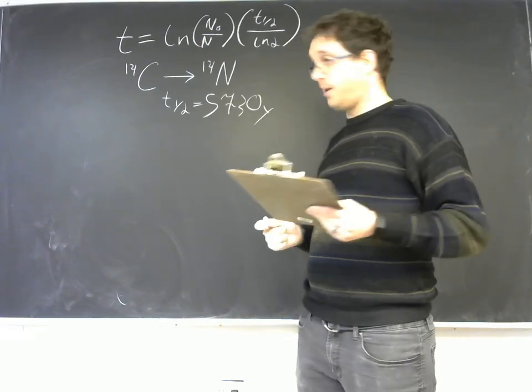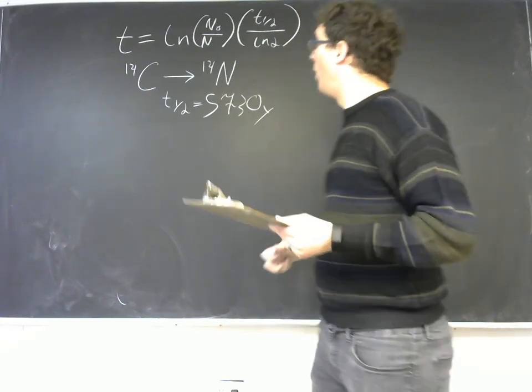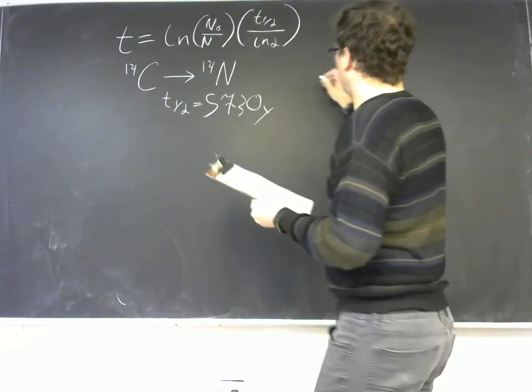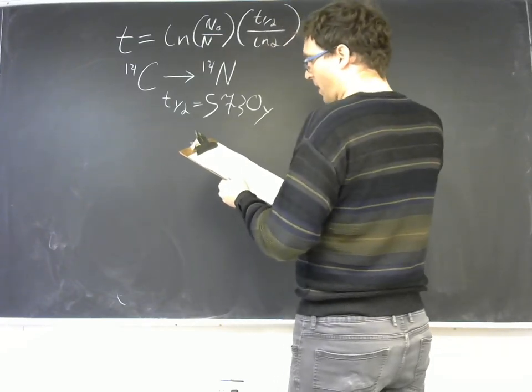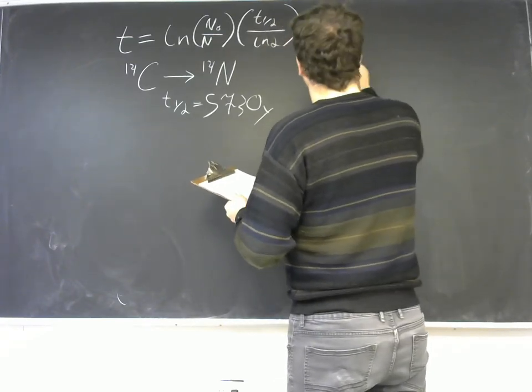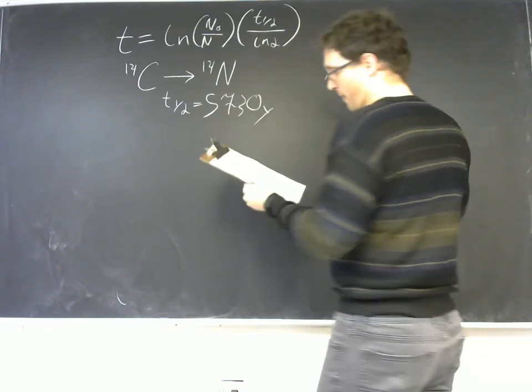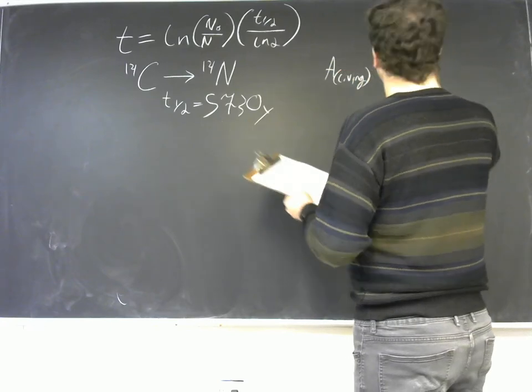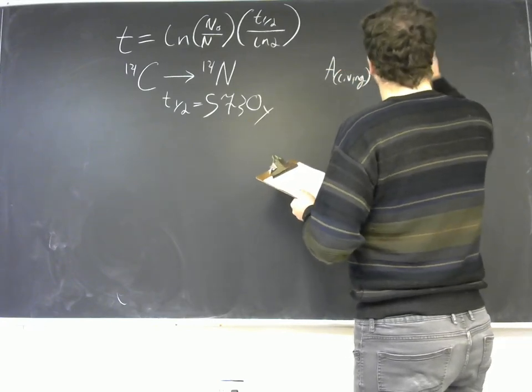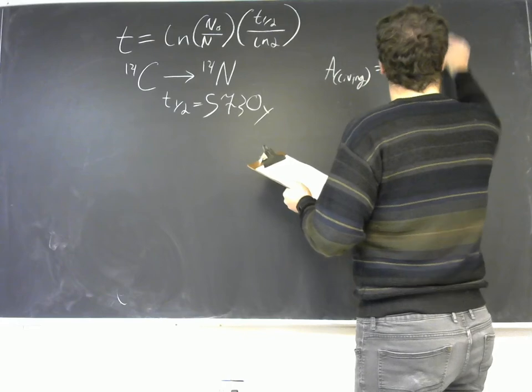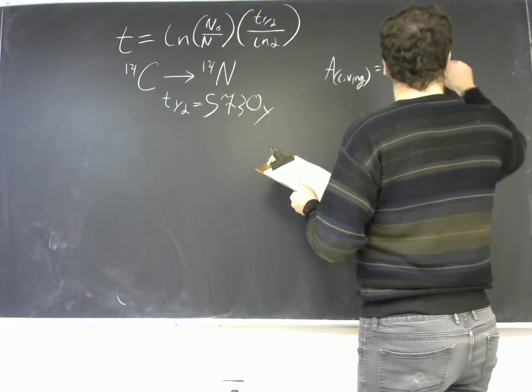So what we're going to do is recognize that living biomatter today has an activity of 15.3 disintegrations per minute